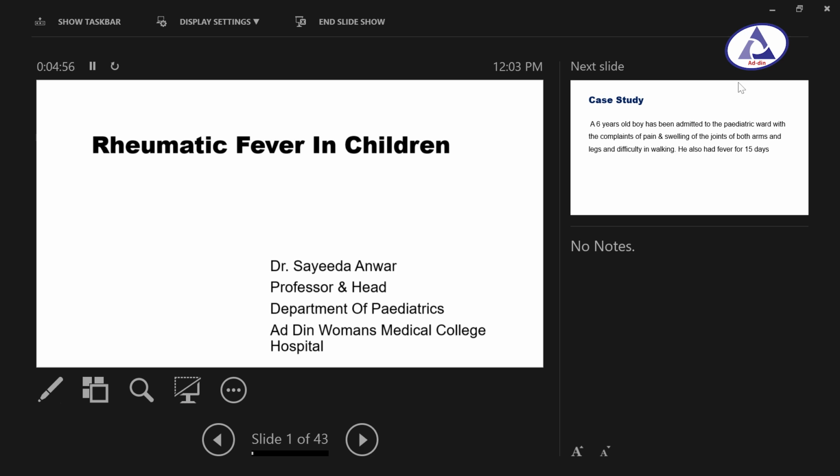আজকে আমরা কি করব? Rheumatic fever in children, তাই না? এখন rheumatic fever in children পড়তে হলে আমাদেরকে প্রথমে আমি একটা কেস স্টাডি দেখাই তোমাদেরকে।